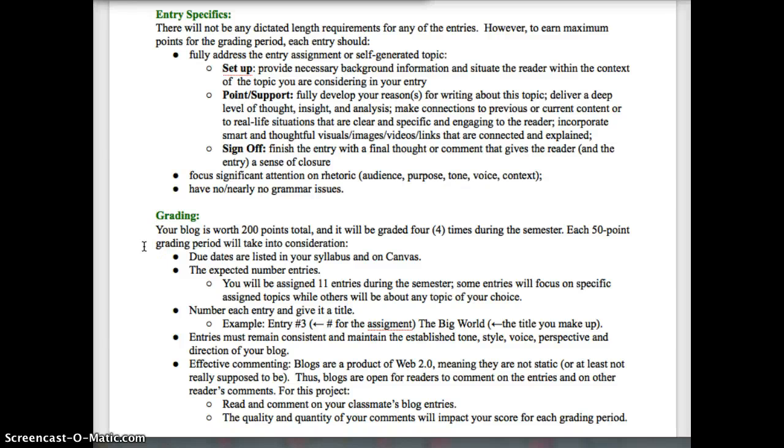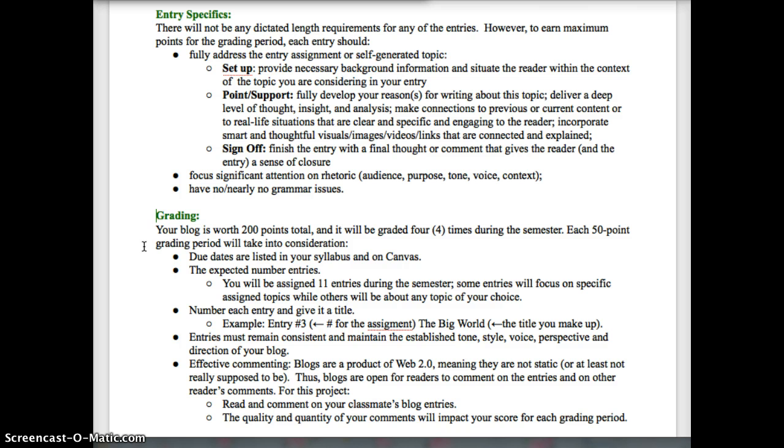The first part of being successful on an assignment is knowing exactly what's expected from you, and then of course how you will be assessed or graded on that assignment so that you can make sure to meet all of the expectations. So I want to take a few minutes here to go through some of the grading aspects of the blog project. This information that we're looking at here is from the blog project details link that is available